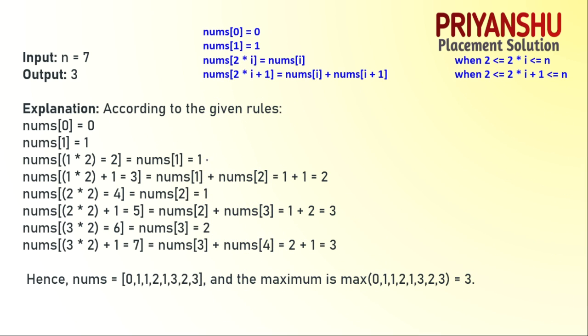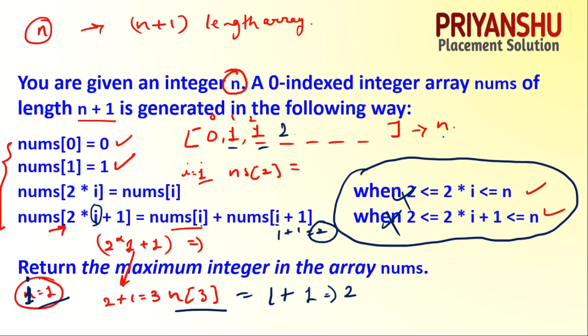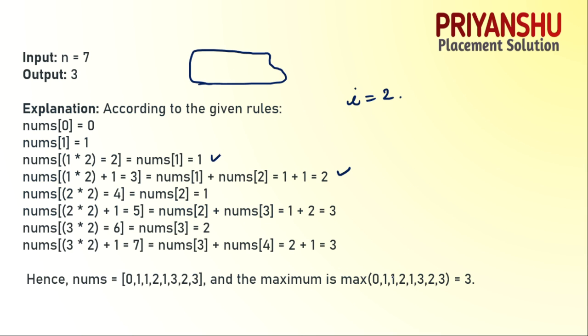So we have already discussed that 1 and 2 have come. Now let me tell you, guys, for the third step what we need to do. For the third step, the condition is given, this one. For example, if I put I equal to 2, we have already got 0 1 1 2 in the series. So 0 index, first index, second index, third index. Let us discuss the fourth index, and the fifth index.